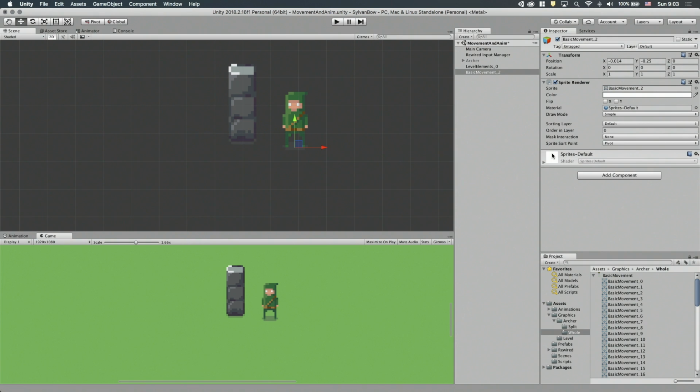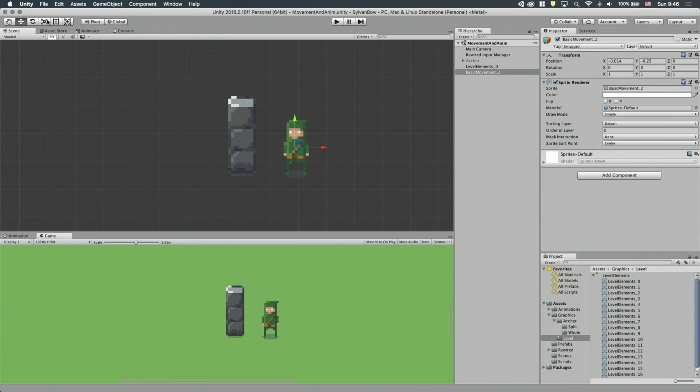The second way, and in my opinion the better way, is to give custom pivot points to Unity with sorting group components. Let me show you why I'm explaining. But first, let's change the snapping tool's parameters to work on a pixel basis. If we go to the Edit, Snap Settings and change the Move X and Move Y to 0.005, then we can move the objects by half a pixel by holding down the Command or the Ctrl key. This will help us position the sprites and their pivots precisely.